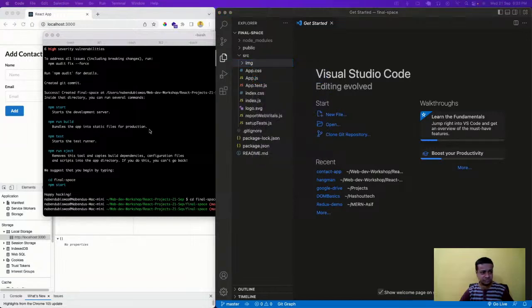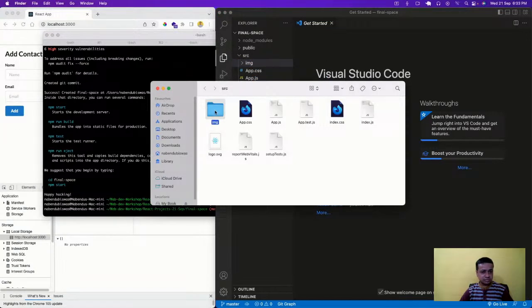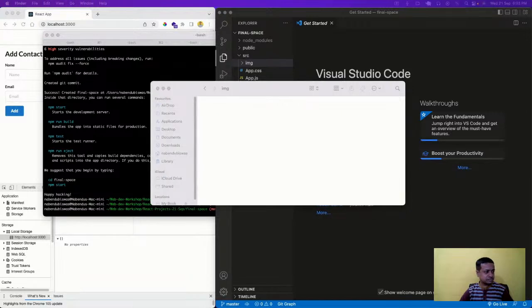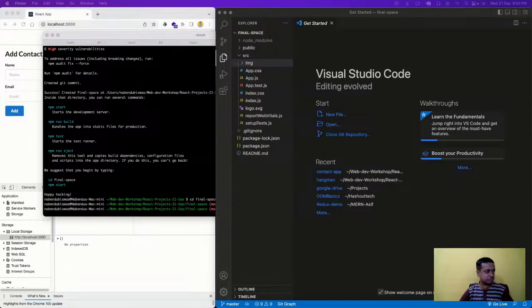Reveal in Finder, this images. I have some images here. Okay, yeah, so let's go ahead. And the first thing is, as always, we're going to delete all these things which